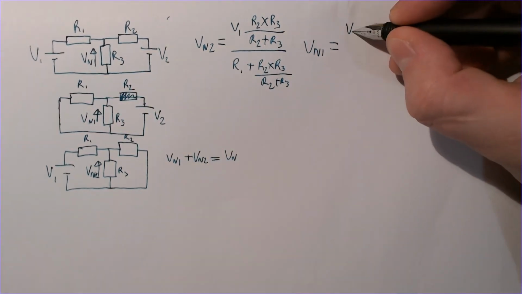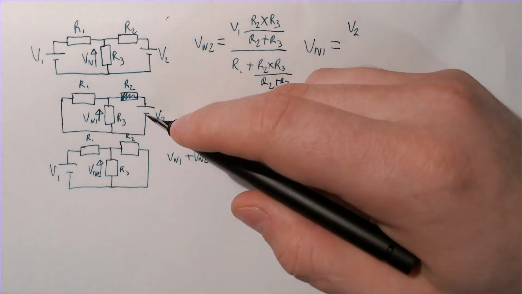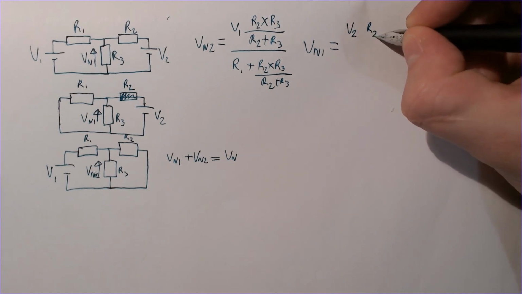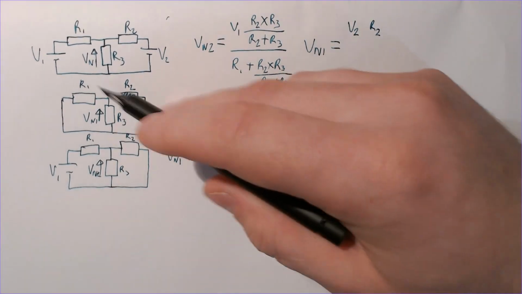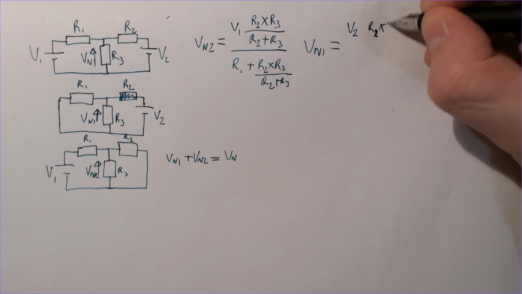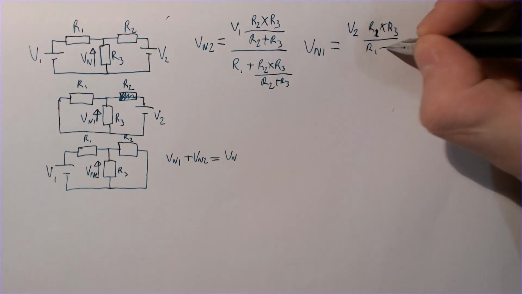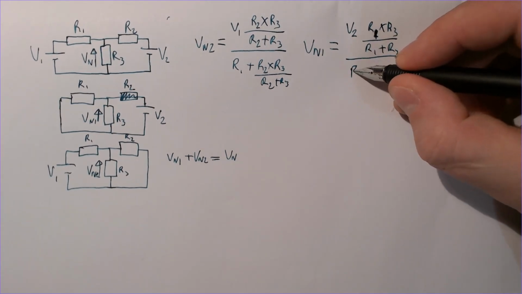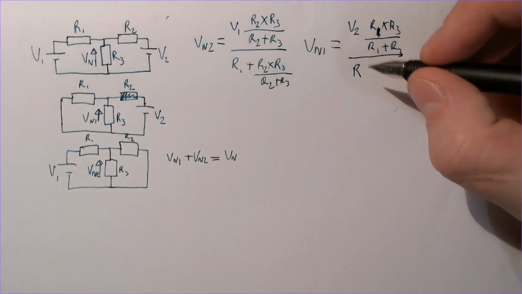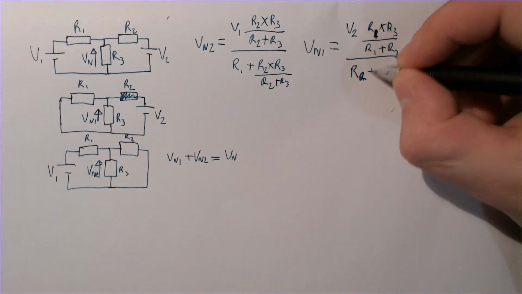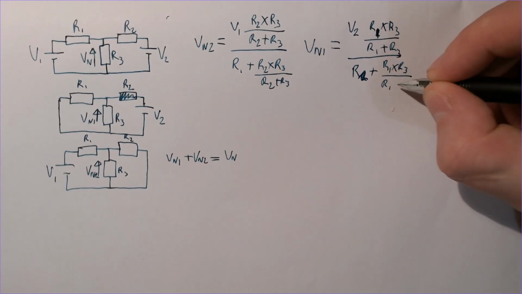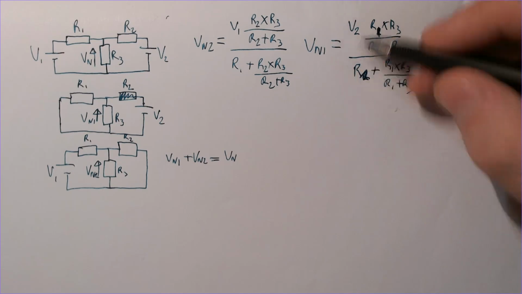So it's V2 times those two in parallel, R1 not R2, times R3 over R1 plus R3, over R2, that's the one in series, plus R1 times R3 over R1 plus R3, and putting those into this equation,